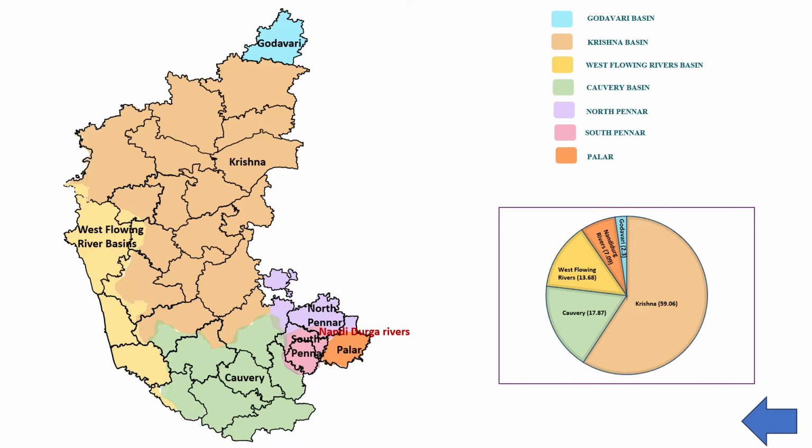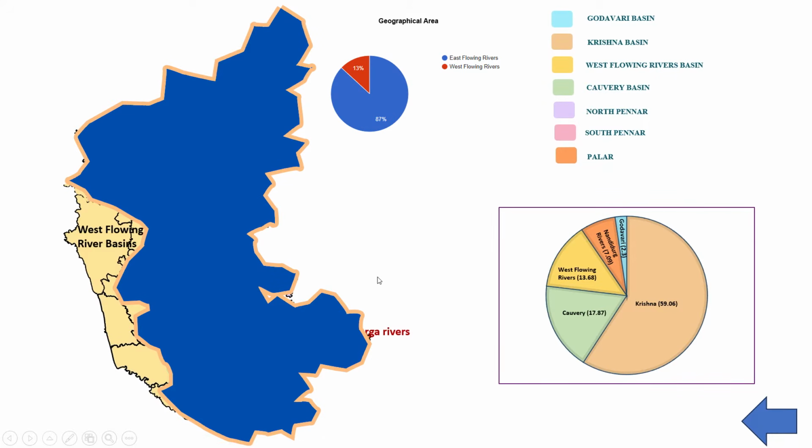In terms of area, the east flowing rivers cover around 87% of geographical area. So you see Godavari, Krishna, Kaveri and all the Penna rivers are the east flowing rivers, occupying 87% of geographical area. However, the surface volume of water that it carries is only 42%. Okay. Though 87% of land area is there, only 42% of the water that passes through Karnataka is in the east flowing rivers,